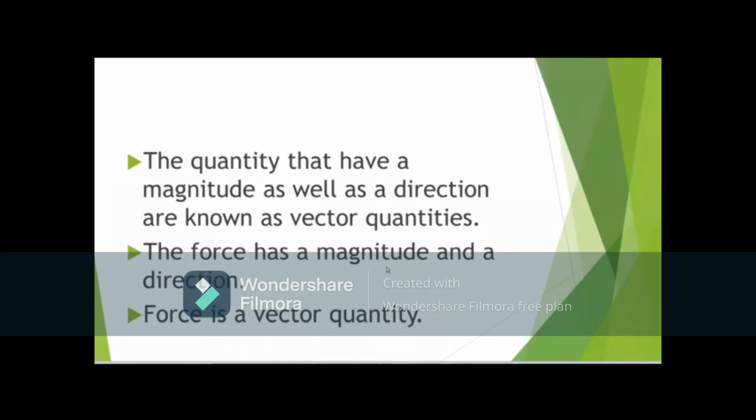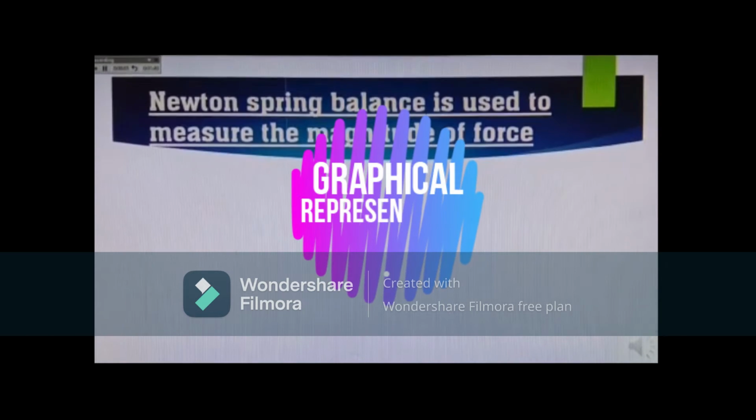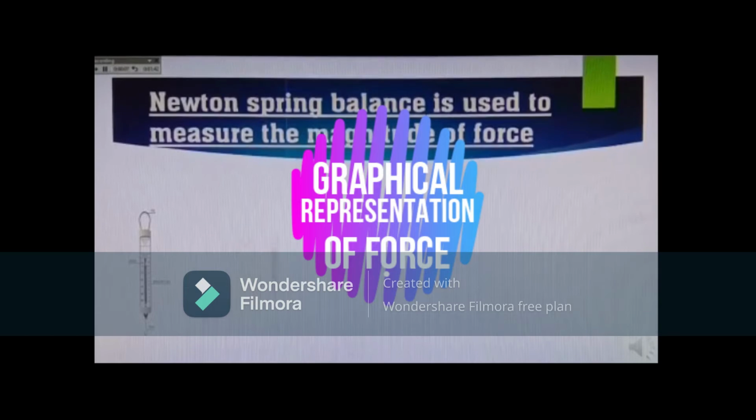Quantities that have a magnitude as well as a direction are known as vector quantities. The force has a magnitude and a direction. Therefore, force is a vector quantity. A spring balance is used to measure the magnitude of force. Examples: